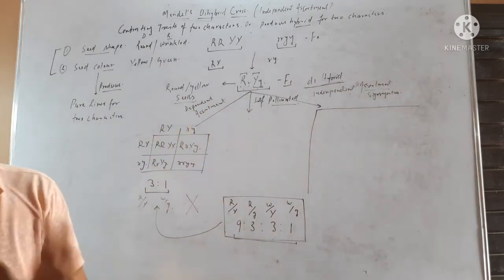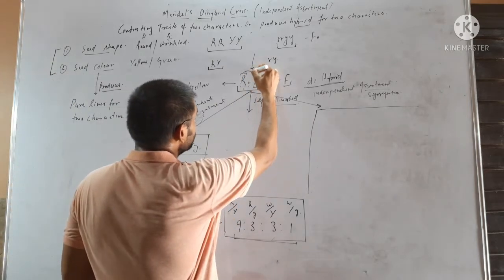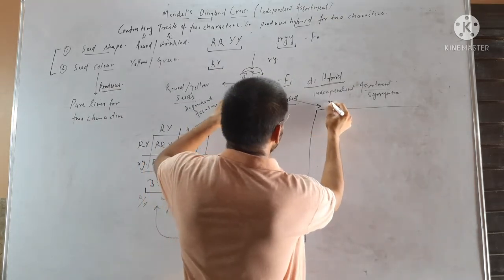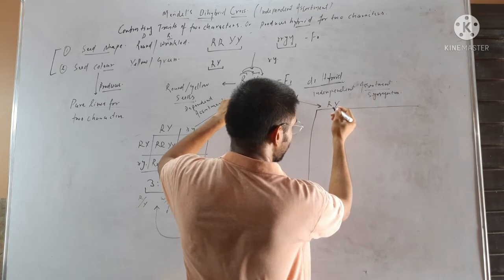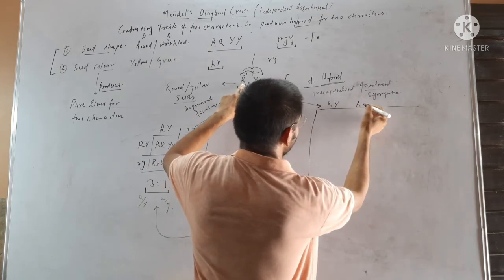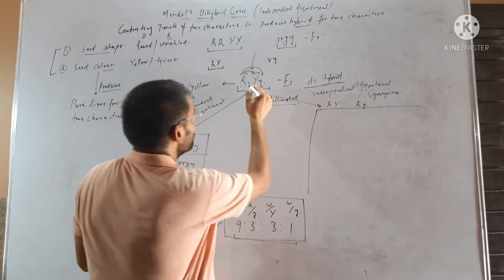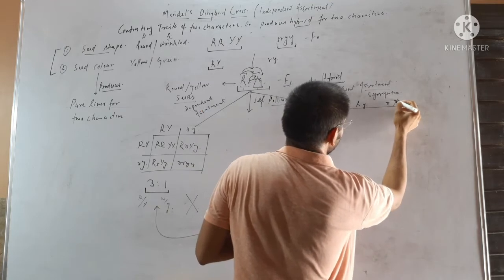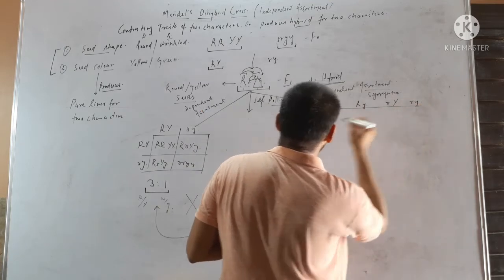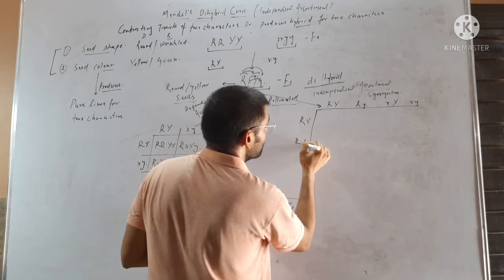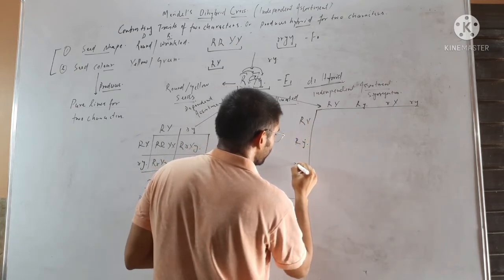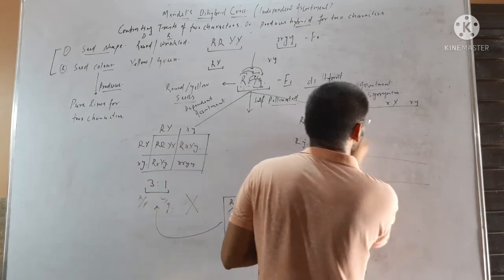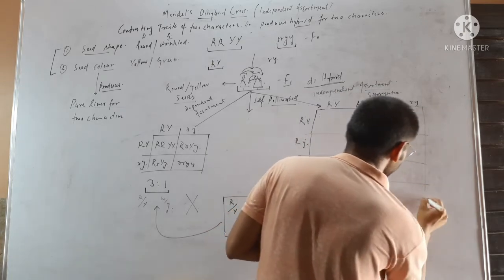It means the alleles are independent. This allele can form a gamete with this allele, and this allele can also form a gamete with that allele. So capital R can form a gamete with capital Y, and it can also form a gamete with small y, that is capital R, small y. And small r can form a gamete with capital Y and also small y, that is small r, capital Y and small r, small y. The same will be here. Then he made progenies and he made this Punnett square.